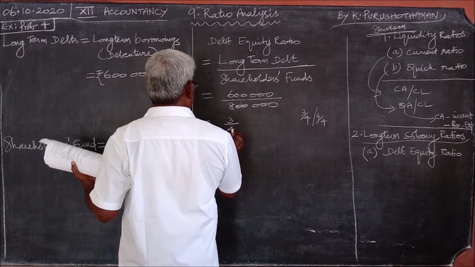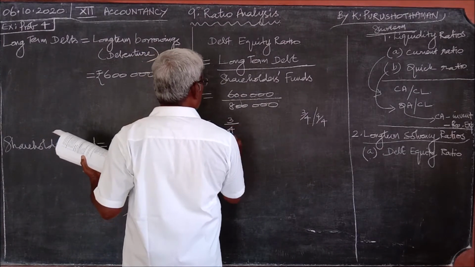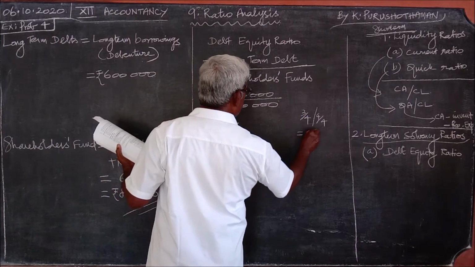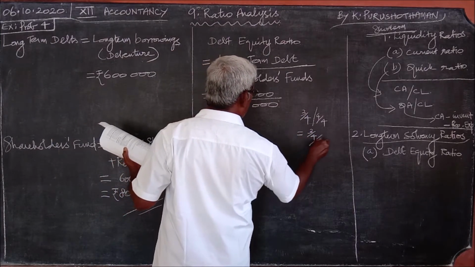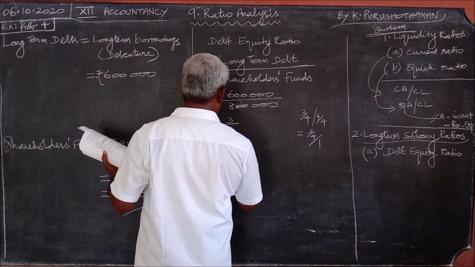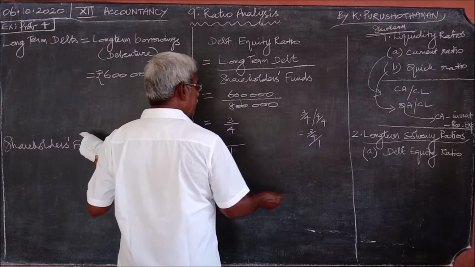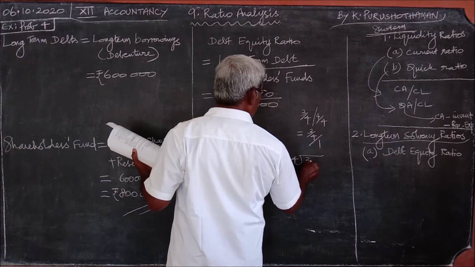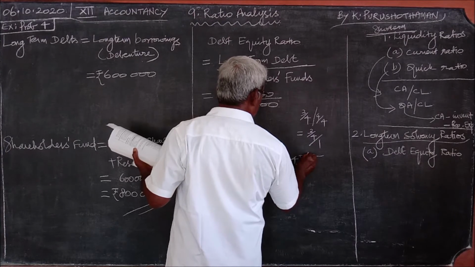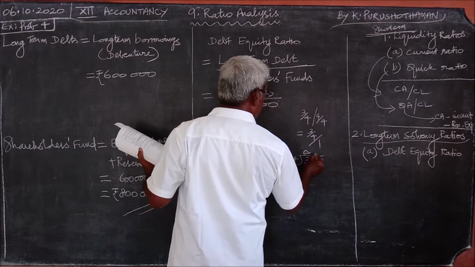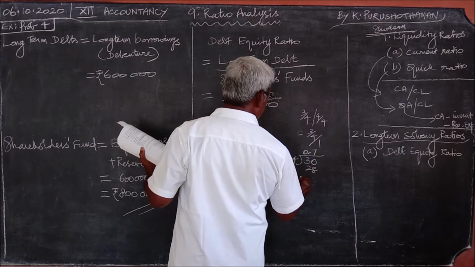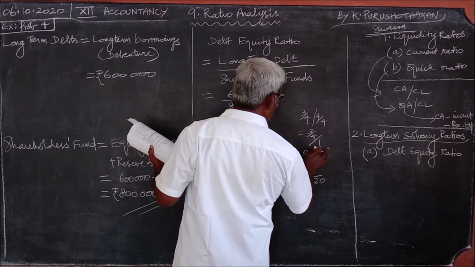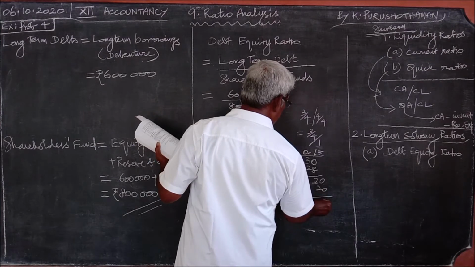எந்த நம்பரால மேலே கீழே டிவைட் பண்ணணும்னா டினாமினேட்டர்ல என்ன நம்பர் இருக்கோ அதால. So 3 by 4, 4 by 4. This is equal to 3 by 4 by 1. So denominator will be 1. What should be the numerator? Divide 3 by 4. No 4. Add 0, put the point. 7 4s are 28, minus, 2, 20. 5 4s are 20, remainder 0.